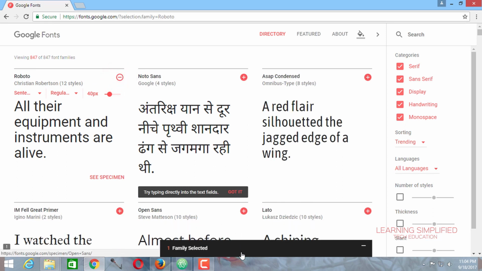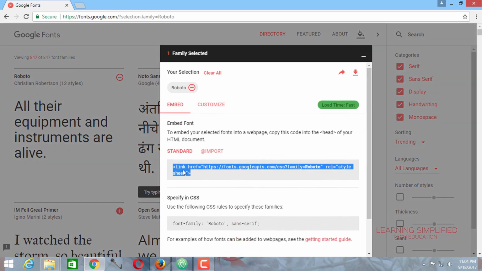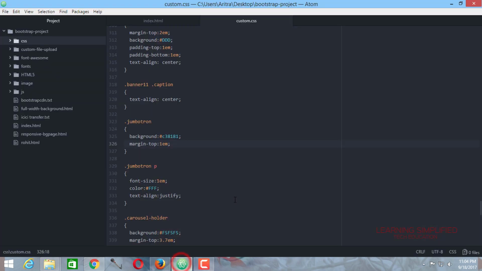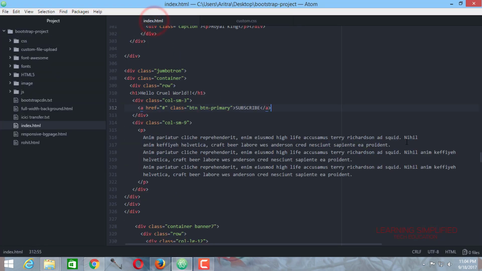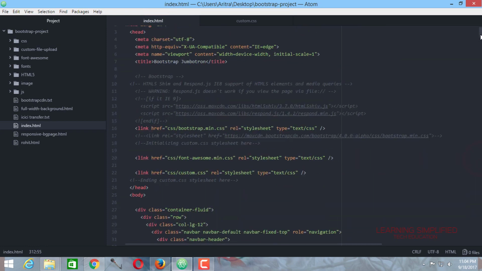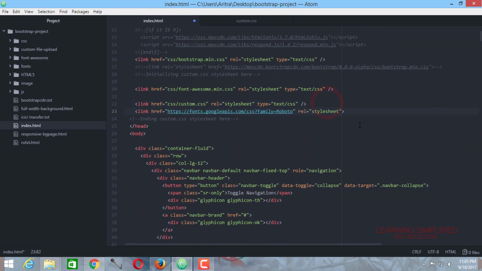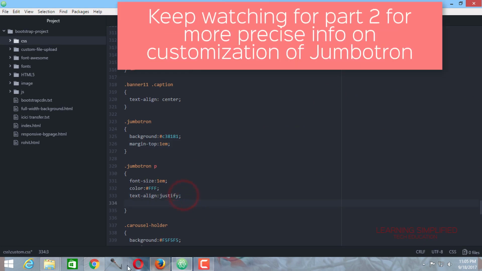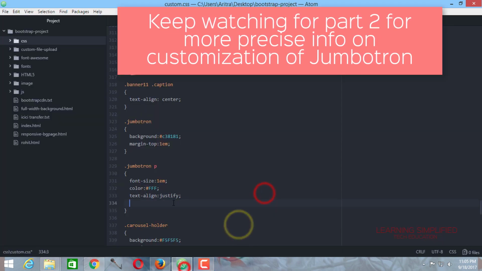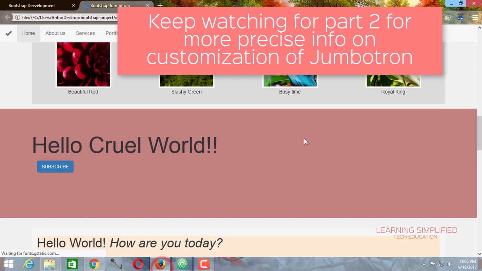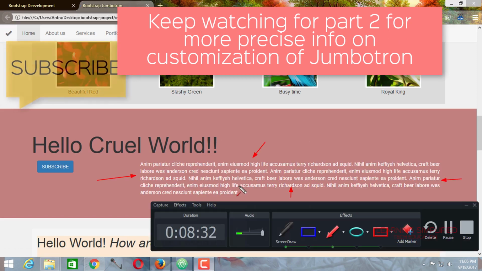All we need to do is select this one, copy this one, and in this index.html paste it. Now we can see that we have successfully changed all this font color, font size, text alignment, and in fact the font family. Now in the same manner, if we want to make certain amendments in this Hello Cruel World segment, then all we need to do